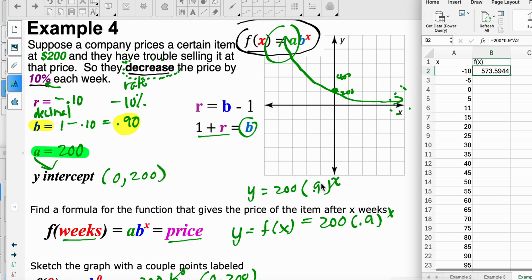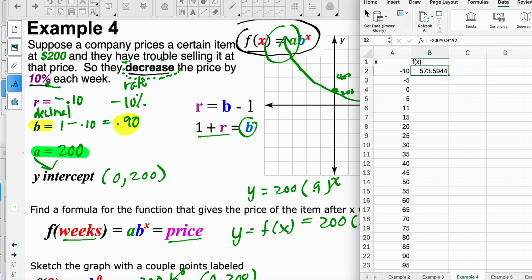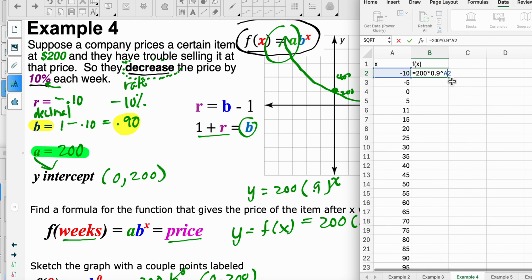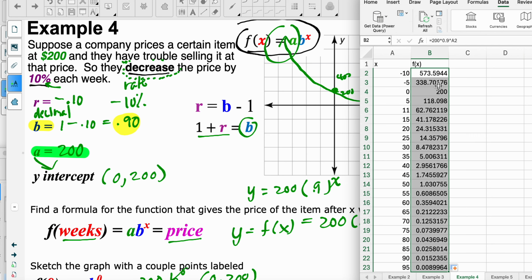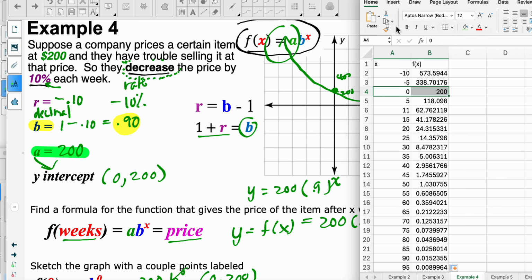Let's go ahead and put this in Excel though, so we can find a couple other exact points. So I've already put my formula in. This is equal to 200 times 0.9 raised to the x value. And in this case, I started my x values negative because I want to see what's going on over on this side, just to get a visual of what the full graph looks like. And then I carry it all the way down to 95 weeks. So let's fill that in. Okay, so here is my intercept, (0, 200). We already knew that